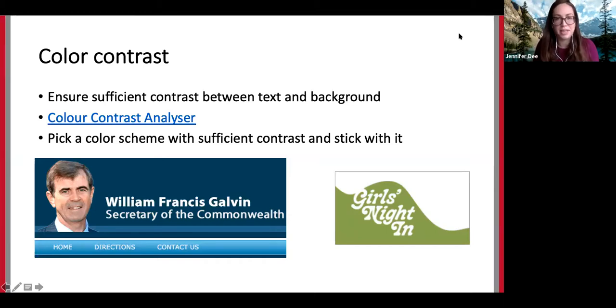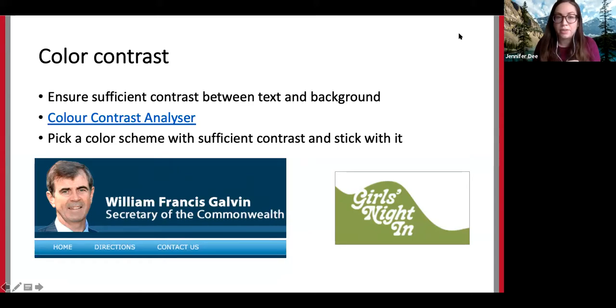Ensuring that color contrast is sufficient is going to help your low vision users or users with color blindness who primarily want to have that visual experience and navigate by zooming in when they need, but are primarily relying on taking in information visually.